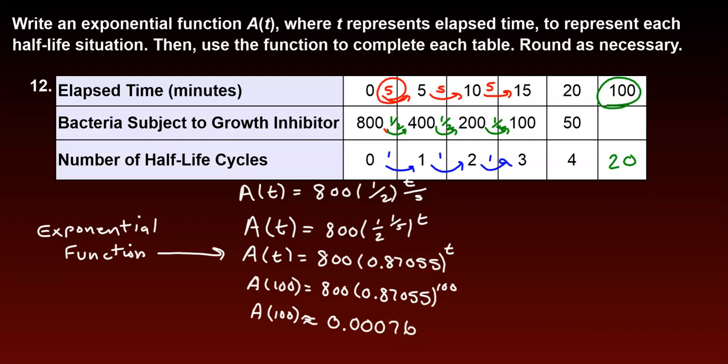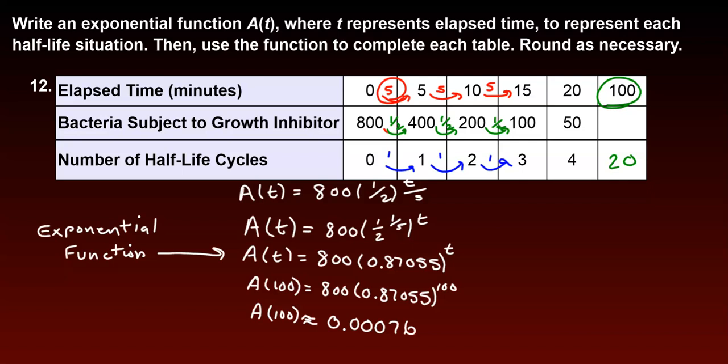Okay, so hopefully you saw that it is taking 5 minutes for it to go from 800 to half the value of 400, and then 5 more minutes to go from 400 to 200, and so on and so forth. So then our function is A of t equals 800 times half to the t over 5, because again it takes 5 minutes to get half the amount. And then we can go ahead and bring that 1/5 inside with the 1/2 and stick that in our calculator and get